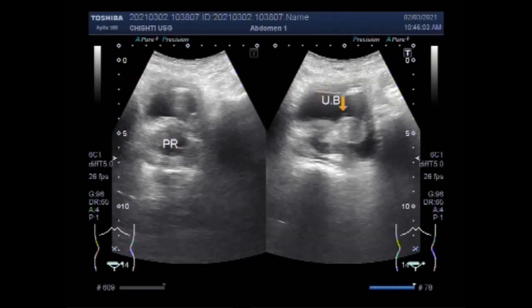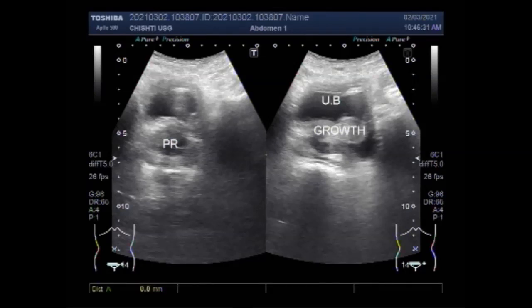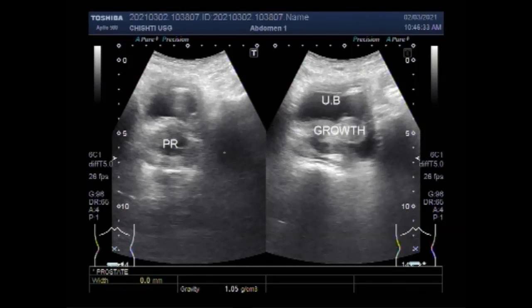Conditions that can lead to symptoms similar to those caused by an enlarged prostate include urinary tract infection, inflammation of the prostate, prostatitis, and narrowing of the urethra, urethral stricture. The normal prostate gland measures about 3 by 3 by 5 centimeters approximately, with a volume of 25 to 30 ml. Benign prostatic hyperplasia is enlargement of the prostate, a common condition among men over 45 years of age.